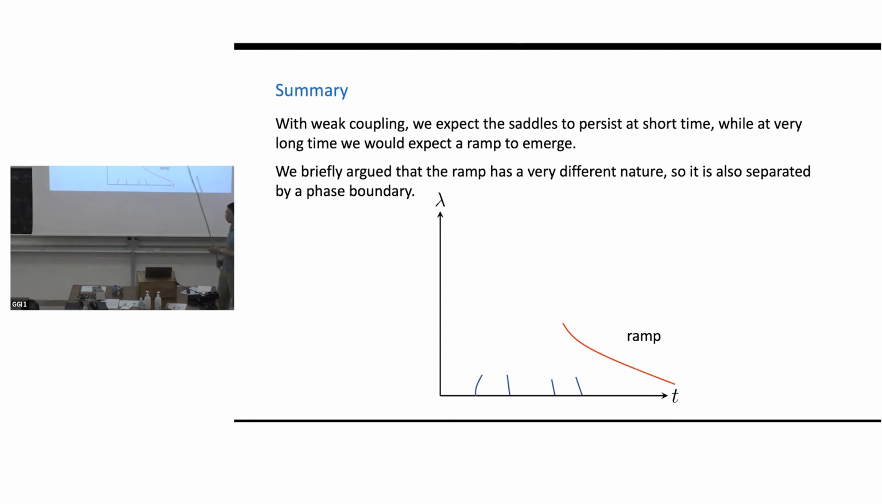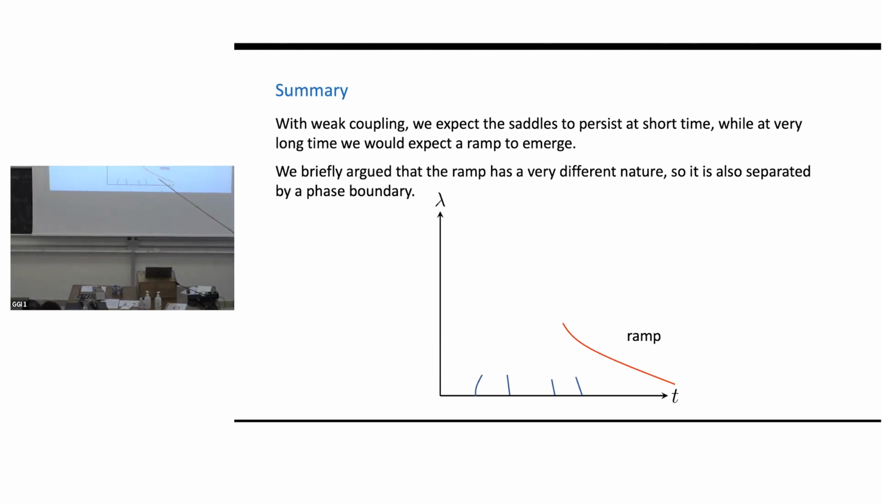Now with a little bit of coupling, with weak coupling, we expect these saddle points to persist at short time. In other words, these lines will extend into this two-dimensional plane. They will be deformed slightly in some particular way. While at very long time, we will expect that the ramp to emerge. So there should be a phase boundary that starts to come in at infinity once you go to finite